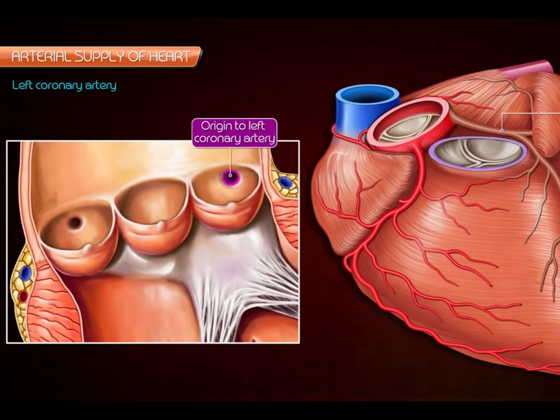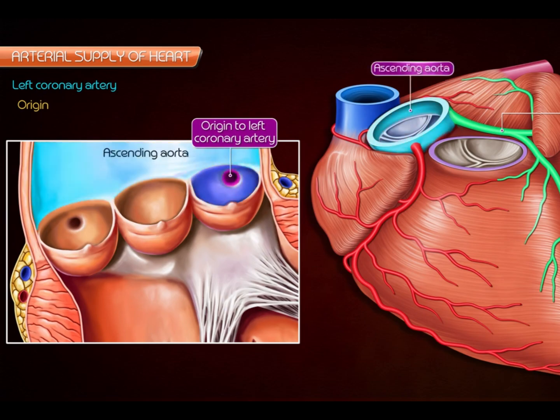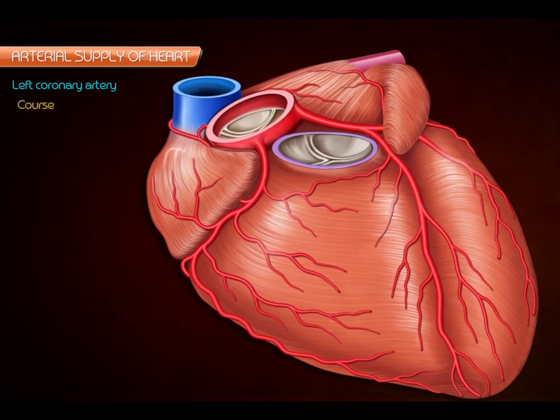Left coronary artery. Origin. The left coronary artery arises from the left posterior aortic sinus of the ascending aorta immediately above the aortic valve. Course. After arising from the ascending aorta, the left coronary artery runs forwards and to the left between the pulmonary trunk